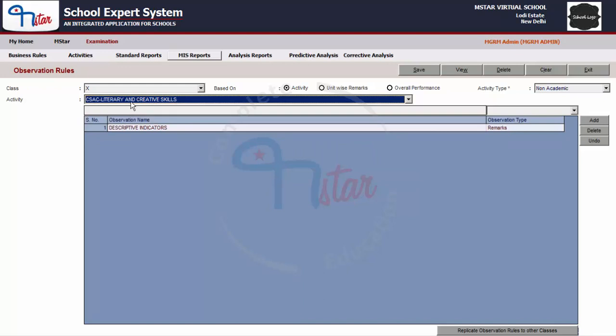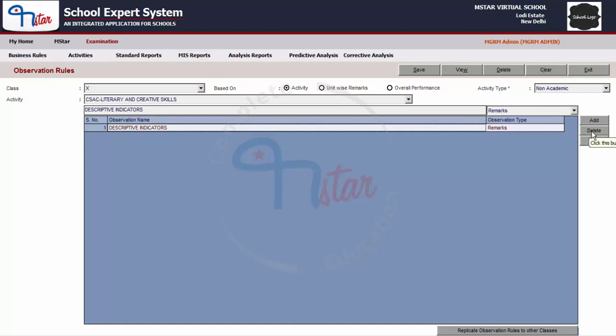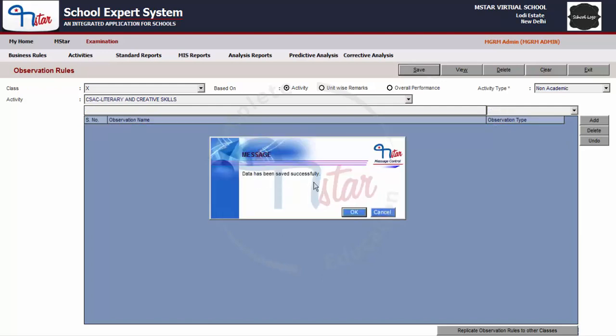On selecting the activity name, the existing rule will appear in the main screen in the grid. Double-click on the row of the grid and the details of the grid appear in the respective fields. After this, click on the button Delete next to the grid and the row gets highlighted in a different color. Click on the button Save and the data saving confirmation message is received, and from the background we can see that the row that was selected for deletion has been removed.